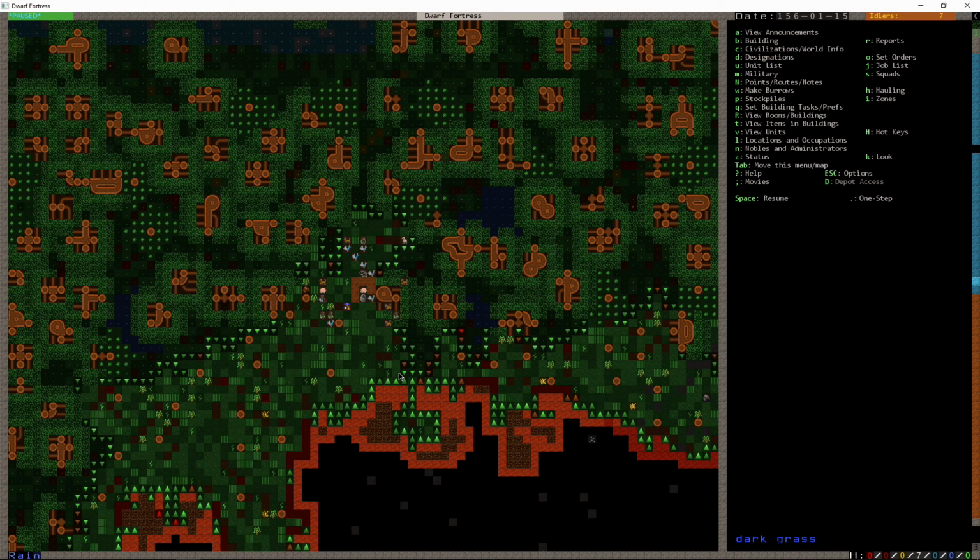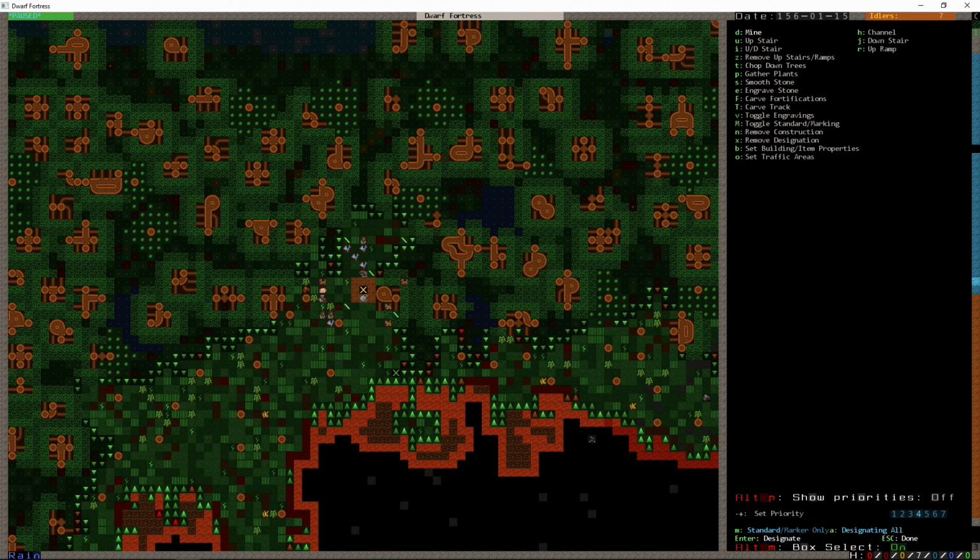So it's D for designations, D for mine, and then down the bottom here you can see the little m is standard or marker only. So I'm going to switch that to little m, marker only, and that allows us to plan things that the dwarves will ignore. So we can set them massive digging tasks and they will ignore them until we turn it back to standard. So let's just mine a little bit with box select on so that it will mine me